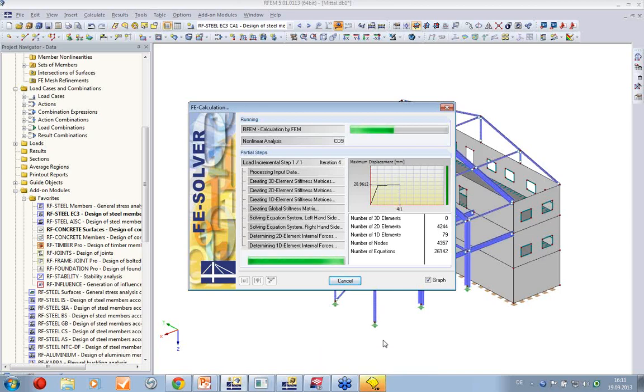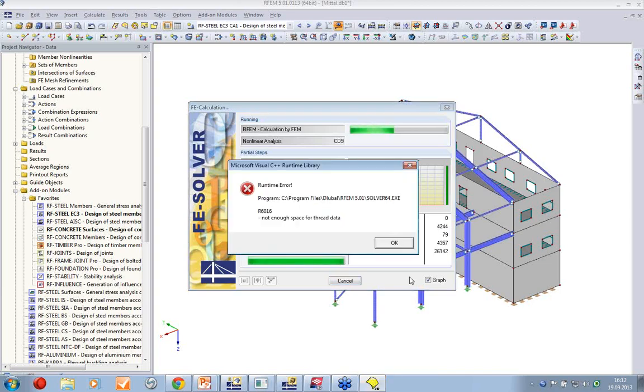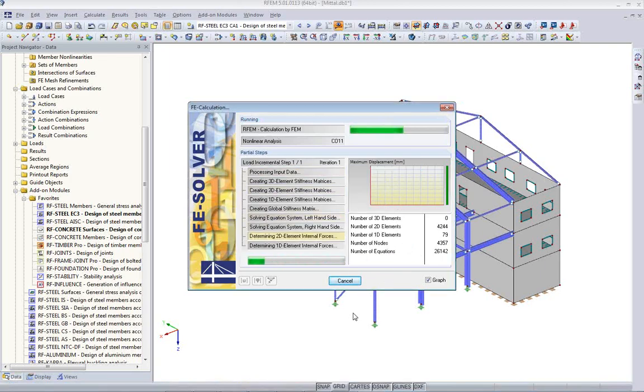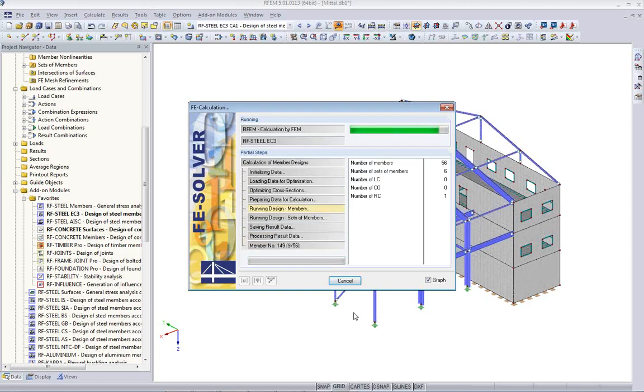And okay, I'm thinking I'm running into a slight problem here, which I need to close and see what happens. Okay. We have combination 11 now that is analyzed. And then we should get some result. Okay. Now we get into the